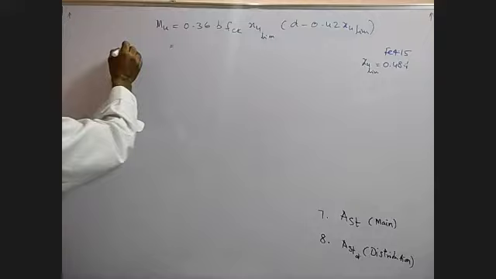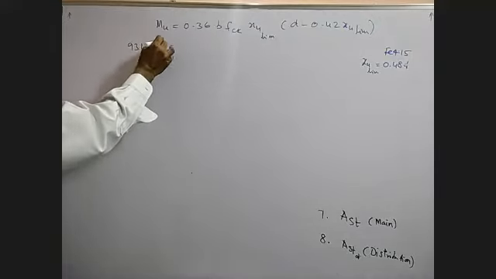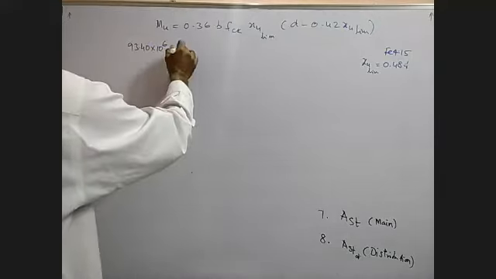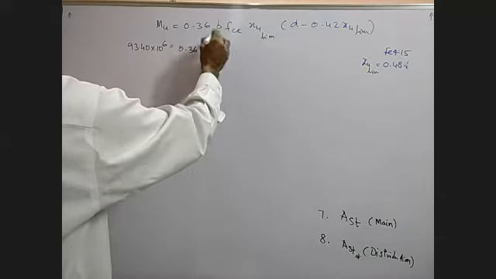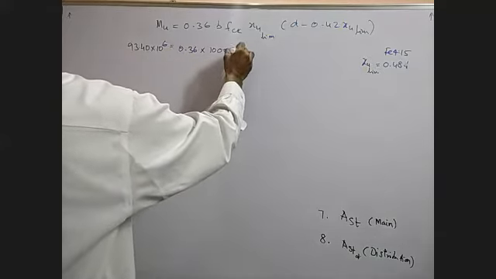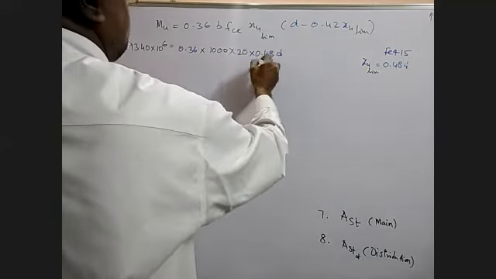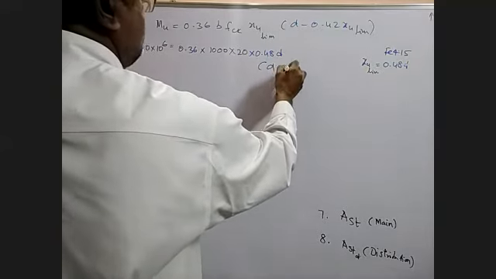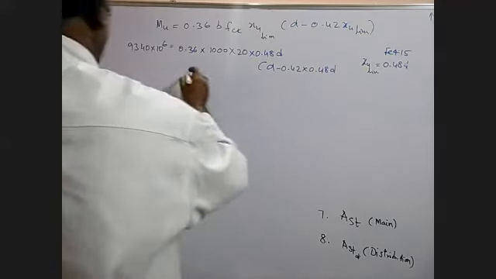The bending moment is, take this 23.40. Take either of the two. I took the first because it is very, very simple. B is equal to 1 meter width and FCK is 20. XU limit is 0.48 D into D minus 0.42 into 0.48 D. Now D you will get